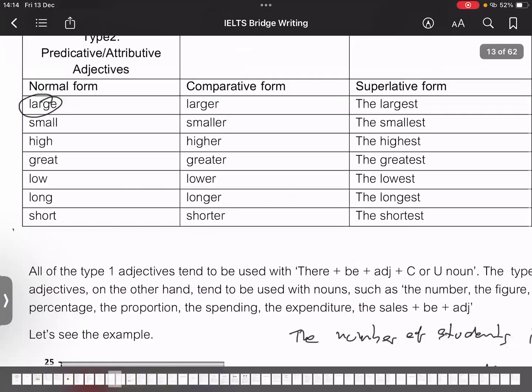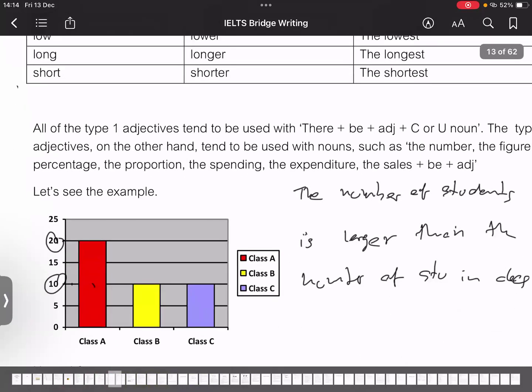So I have to pick larger or higher or greater. And the way I arrange the sentence is going to be like this. I'm going to start my sentence with words that represent quantity, in this case, number, right? I'm going to say the number of students. And I'm going to add the complement just to identify which class I'm talking about. So I'm going to say the number of students in class A is, okay, don't forget linking verb, very important.